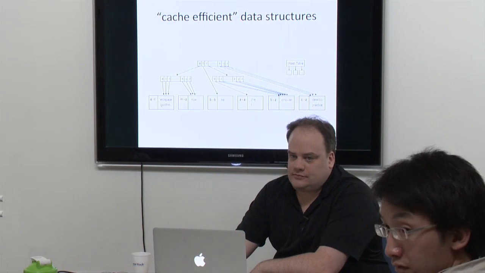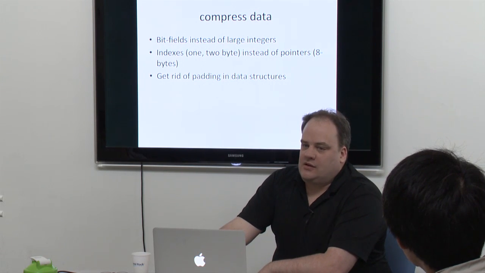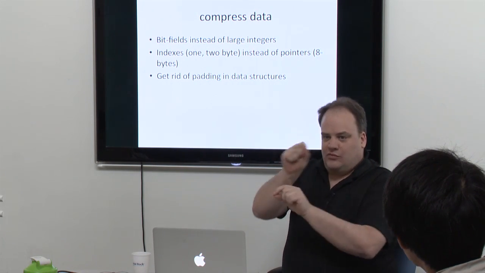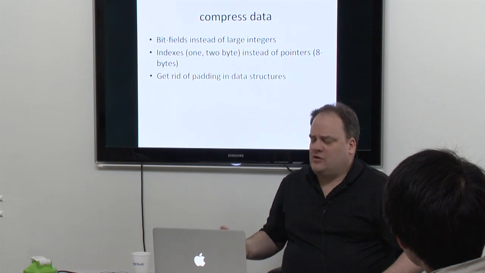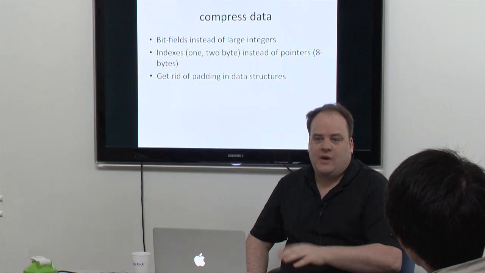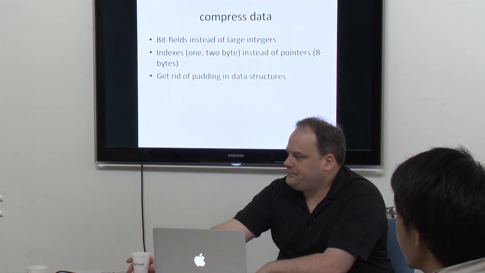Now, when you say get rid of padding, is that as simple as saying pack structs to GCC? Yeah, but you don't want to do that. You want to do it manually and move things, rearrange your things until there's no padding. Some compilers can warn you when there's padding. GCC by default will add padding to a data structure, well, by the spec it has to. But if you want a packed data structure, such as a packet, you add this, but you don't want to do that.